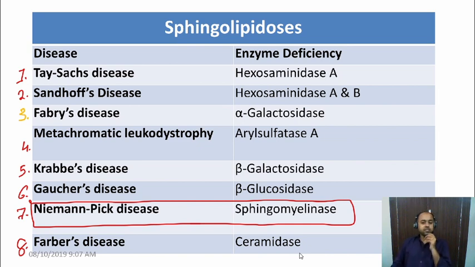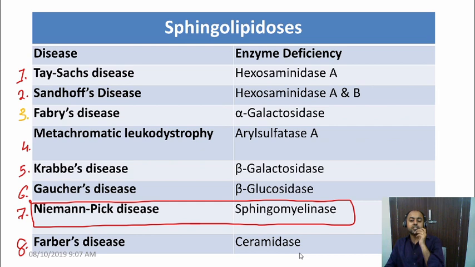the Niemann-Pick disease. In all other disorders, the accumulation of sphingoglycolipid is occurring. If you look at the enzymes, you will realize all of them are acting on the carbohydrate part. So obviously, there the accumulation of the sphingoglycolipid is going to occur. The Niemann-Pick, as correctly mentioned by several of you, is the only disorder where the sphingomyelin or sphingophospholipid accumulation occurs.